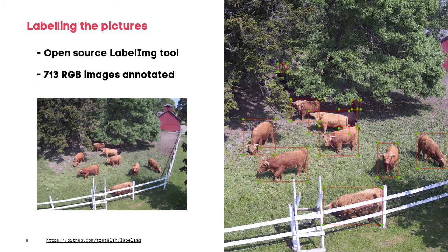The algorithm was pre-trained on a number of objects, and we have just uptrained it. This method is called transfer learning. For uptraining the algorithm, we used an open source tool again. Essentially, we drew by hand a rectangle over each animal, in our case cows, we saw in the picture. It was very time consuming, and we eventually annotated, this is the name of the process,